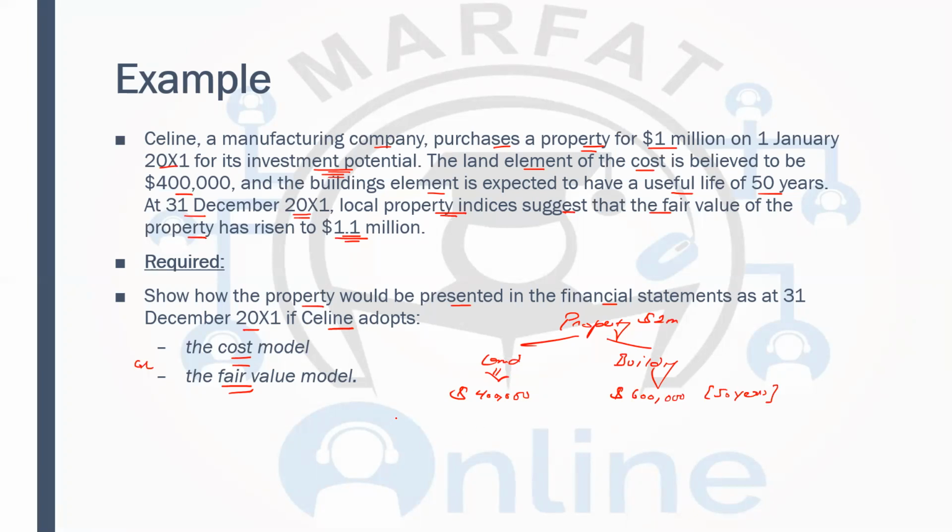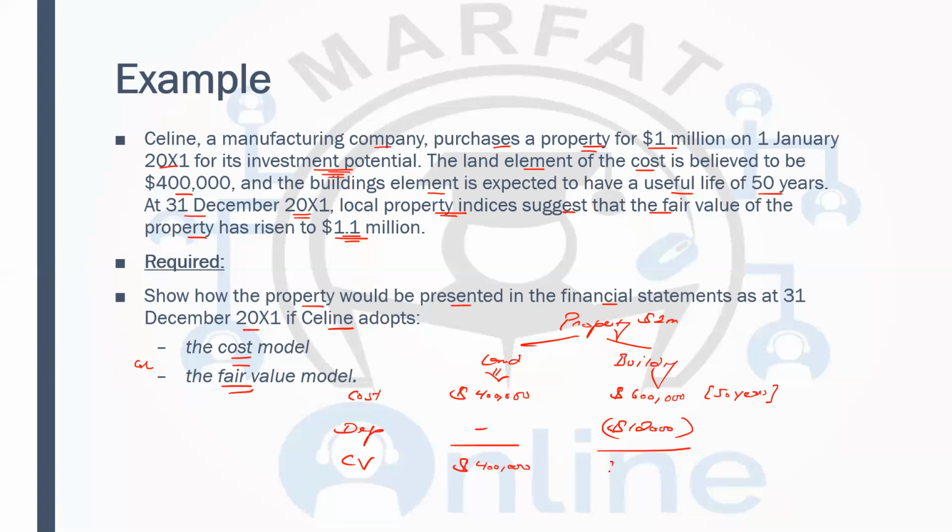Land, in any case, is not depreciated. So the cost is this, and then the depreciation. Land is never depreciated. So the cost of the building is 600,000. When you divide it by 50, it is going to give you 12,000. 12,000 is the depreciation. So the carrying value would be 400,000,